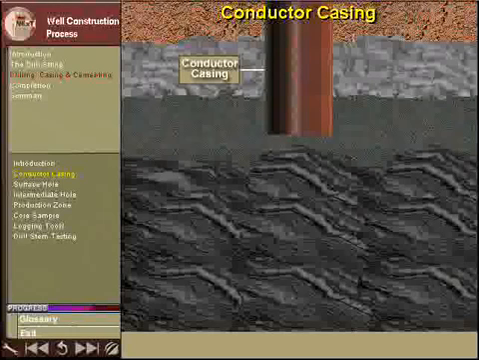The first stage in the well construction process is to drive the conductor casing, a large